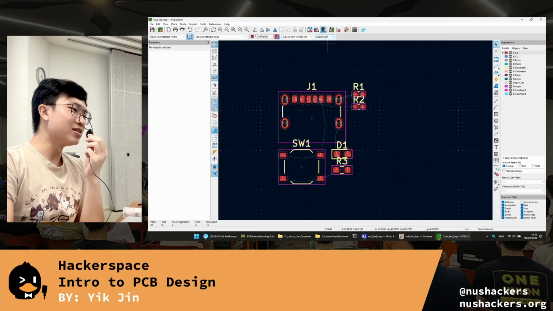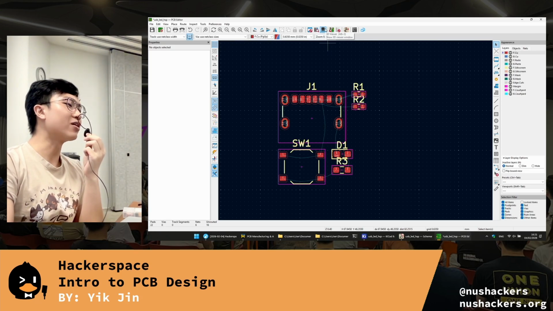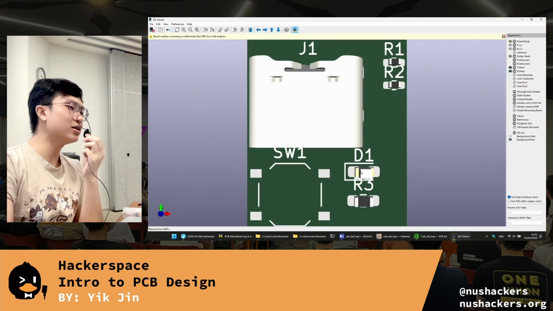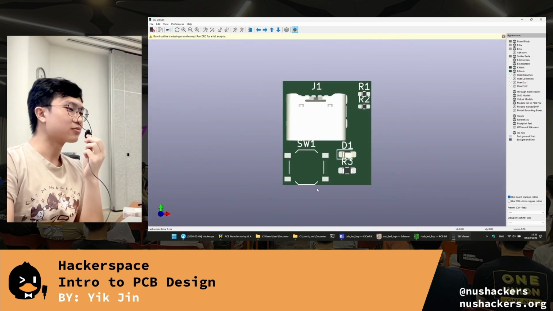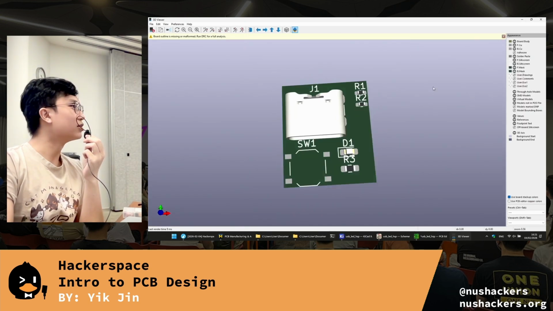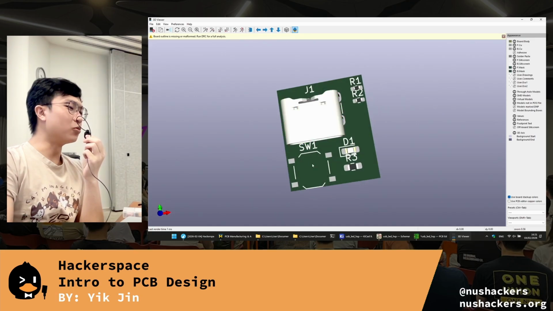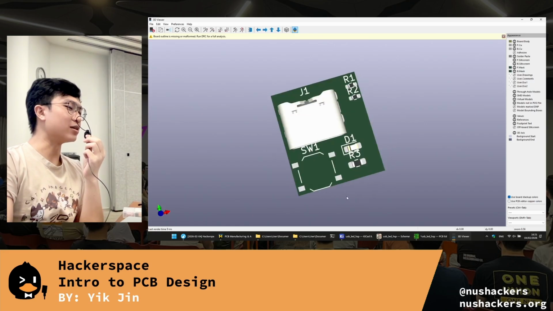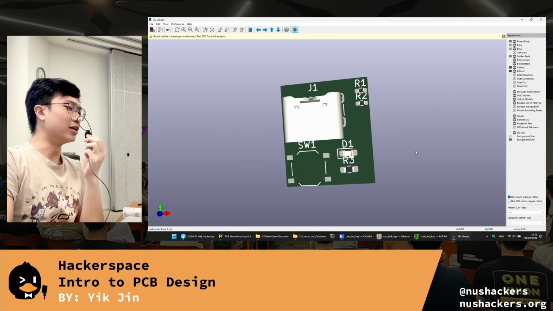How to verify? See this button? It should show 3D viewer, or you can press Alt 3. Press on it, and the 3D viewer will show up. So this is a whole 3D renderer. You can see this component is missing the 3D STEP file, because by default it's not included,